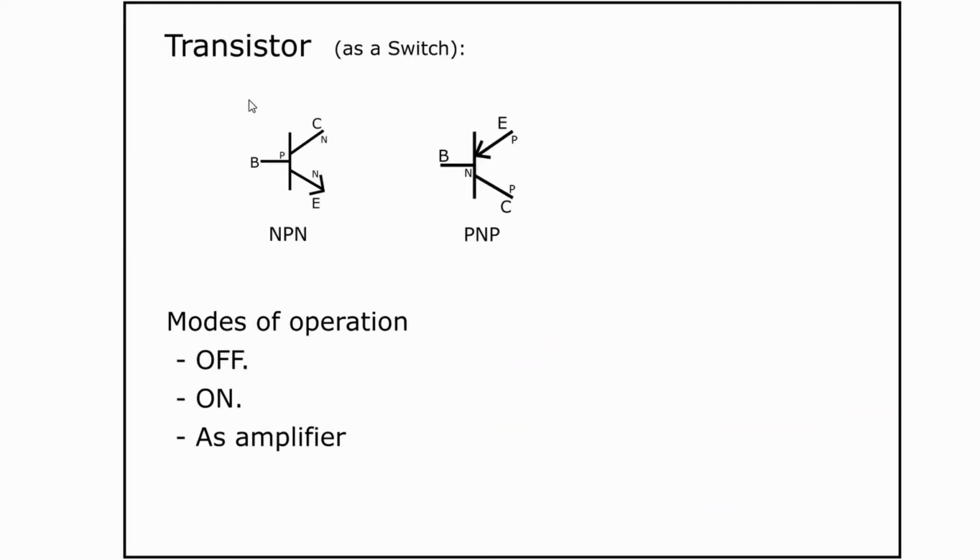The next component we'll be going through is a transistor. The transistor can operate as an amplifier or as a switch. We are not going to get into amplifiers because nowadays nobody uses transistors for amplification. They use op amps, or there are directly available amplifier ICs for audio and different kinds of things. So we will limit our scope to transistor as a switch.